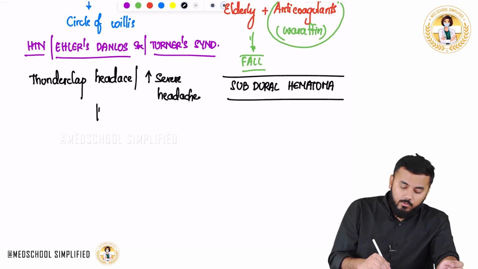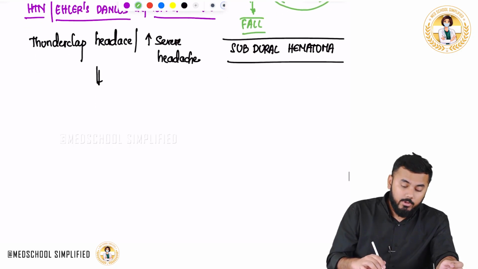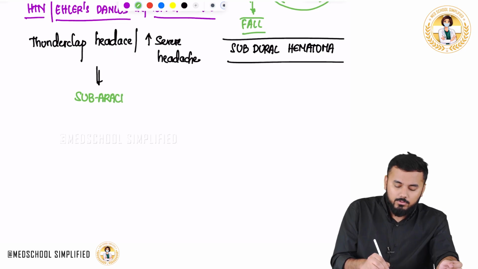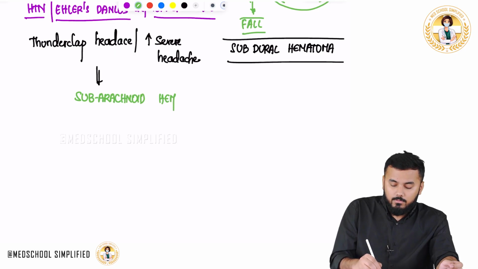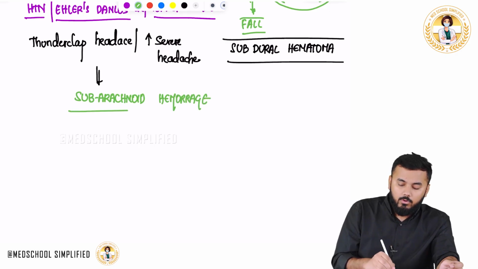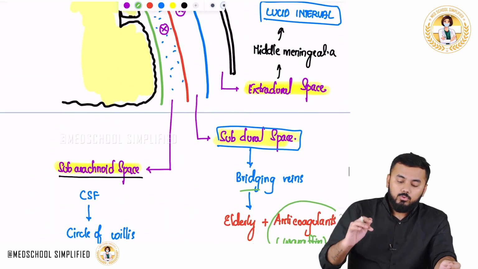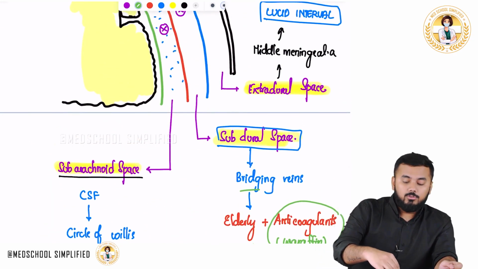Such a type of hemorrhage you call subarachnoid hemorrhage or intracerebral hemorrhage. Subarachnoid hemorrhage. Okay, so what I'm trying to tell you is that this is very important, guys, not only for